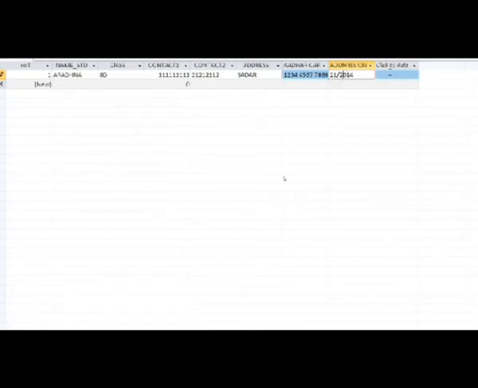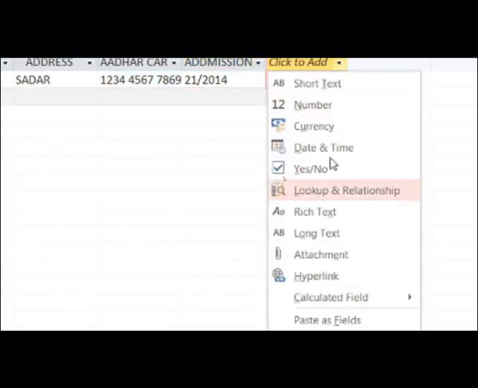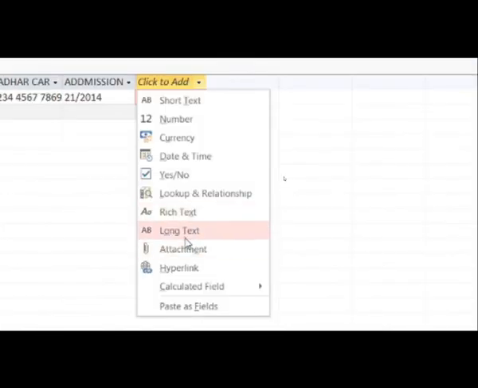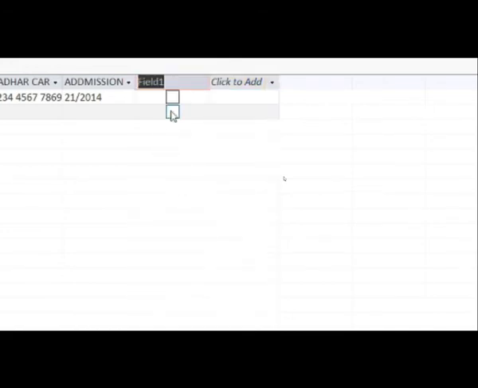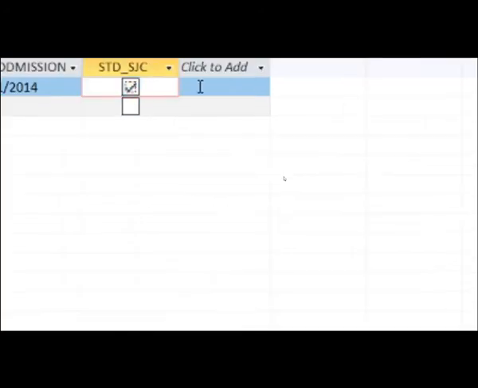And suppose when you created, you forgot to add some field names, and now you want one more extra heading or many headings, then you just click to add, and first select the type of data. Suppose I want to write down one more heading. That column should be for the students, those who are part of SJC. That means, are they the students of SJC? So after selecting the type of data, change the heading from field 1. I will change it to student underscore, and I will take the short form SJC.